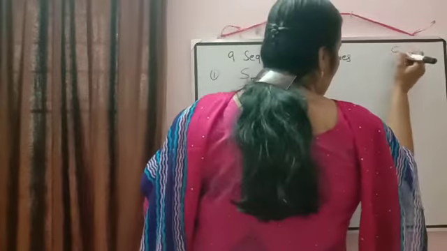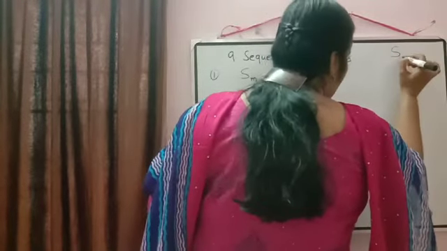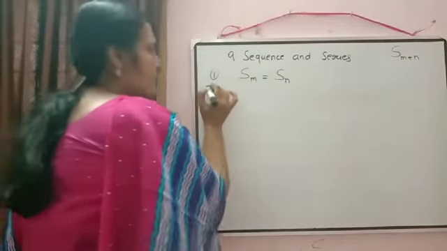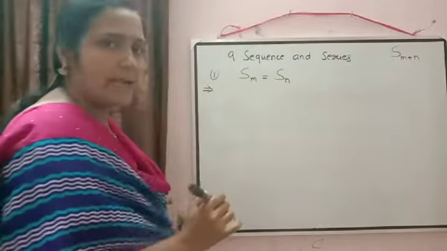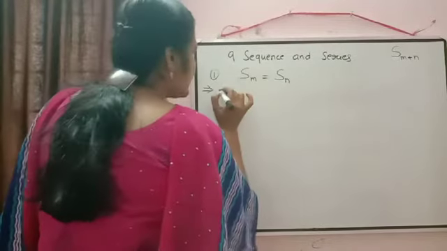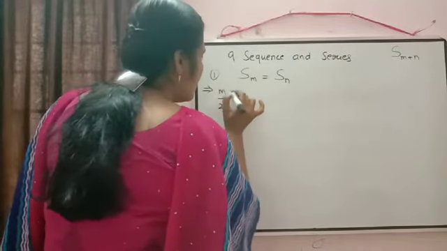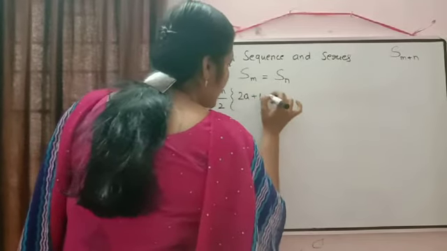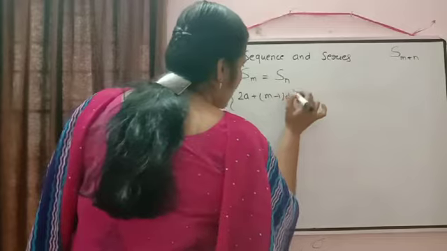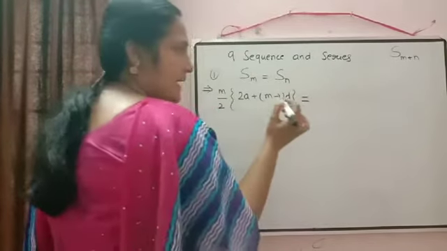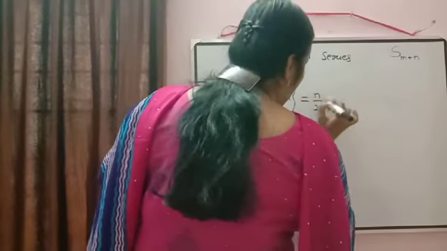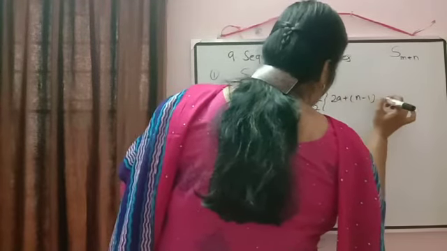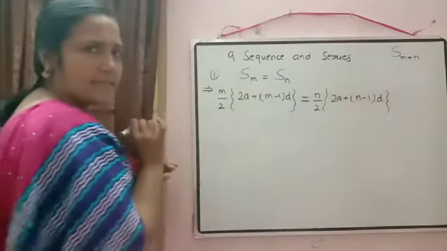It doesn't mean that we have to calculate Sm plus Sn. We have to calculate S(m+n). So we can check from the given information what we can derive. Okay. So Sm, according to the formula, will be equal to m by 2 into (2a plus (m minus 1) into d), which is equal to Sn, which can be written as n by 2 into (2a plus (n minus 1) into d). Is it clear?